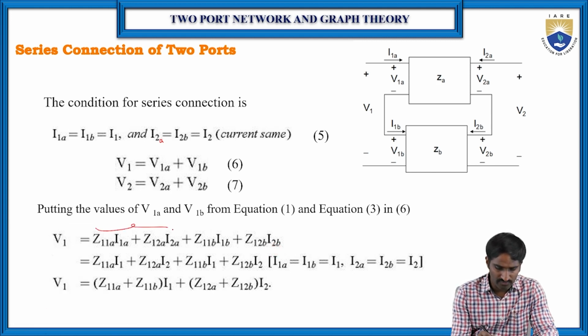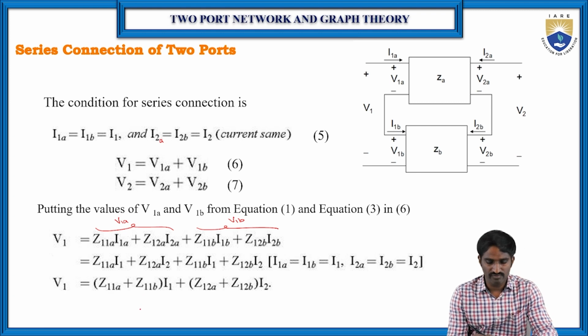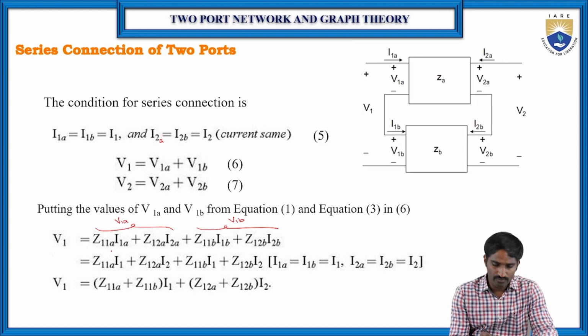So here it is the value of V1A and here it is the value of V1B. I mean, this is from equation number 1 and equation number 3, right? So V1A and V1B value. Then similarly, if you simplify this one,